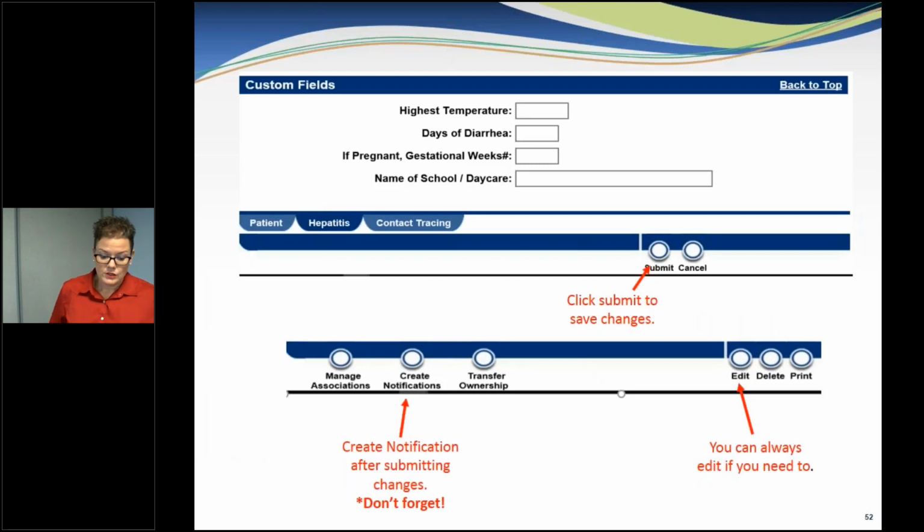Make sure you click submit. That submit button is going to save your changes. And you'll note that you have an edit button. You can always edit if you need to. Make sure after you submit your information that you click on create notification. Don't forget, because if you don't do that, I can't see it